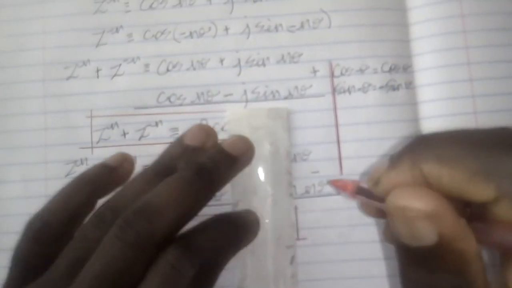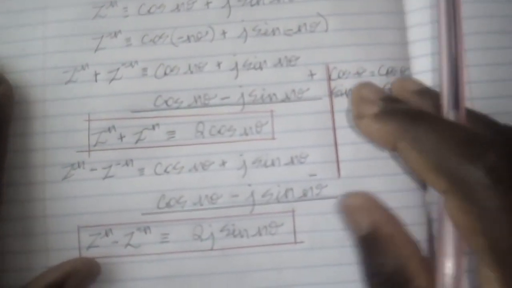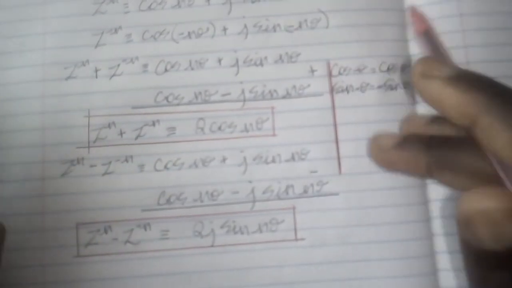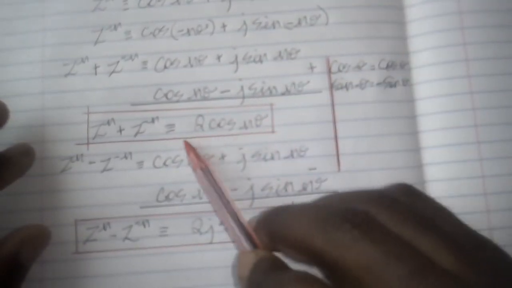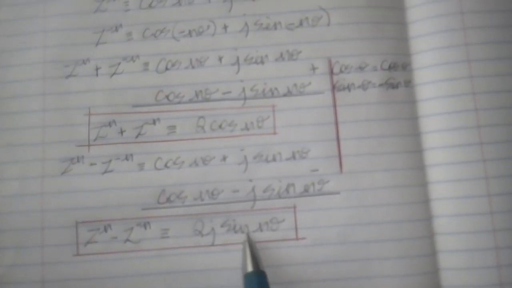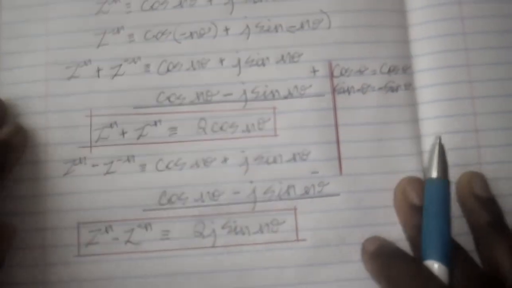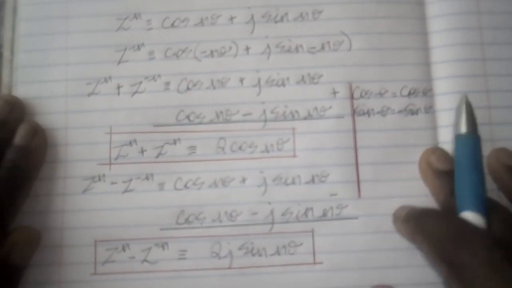So I really advise that you learn these identities. z raised to power n plus z raised to minus n is identical to 2 cos n theta, and z raised to power n minus z raised to power minus n is identical to 2j sine n theta. Okay, so let that marinate,